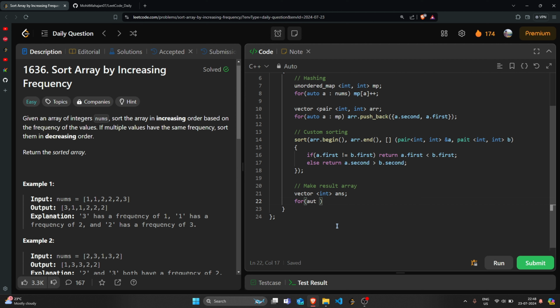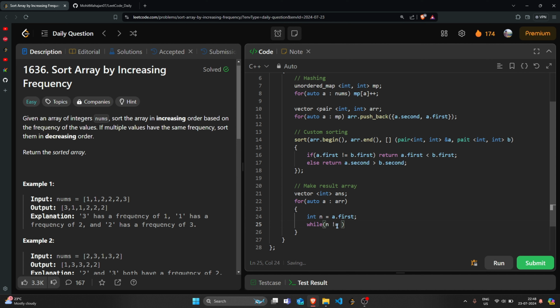In this, auto a in arr, here I will create an integer n that will store the frequency. So a dot first is my frequency, and I will make a while loop where n